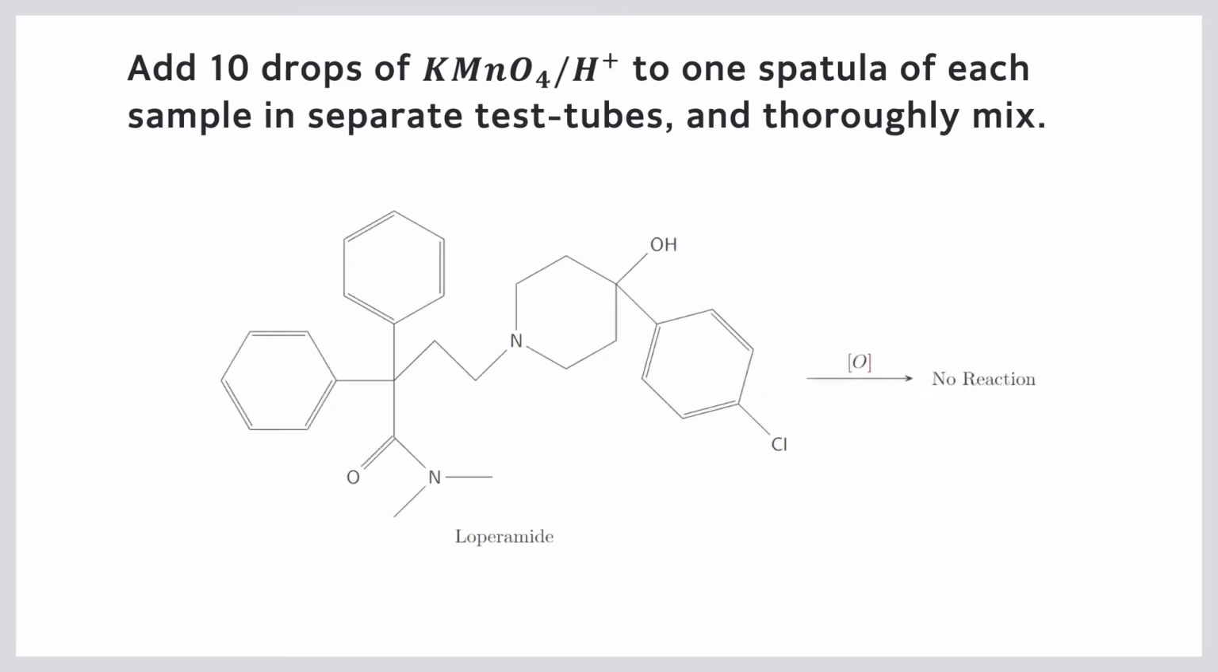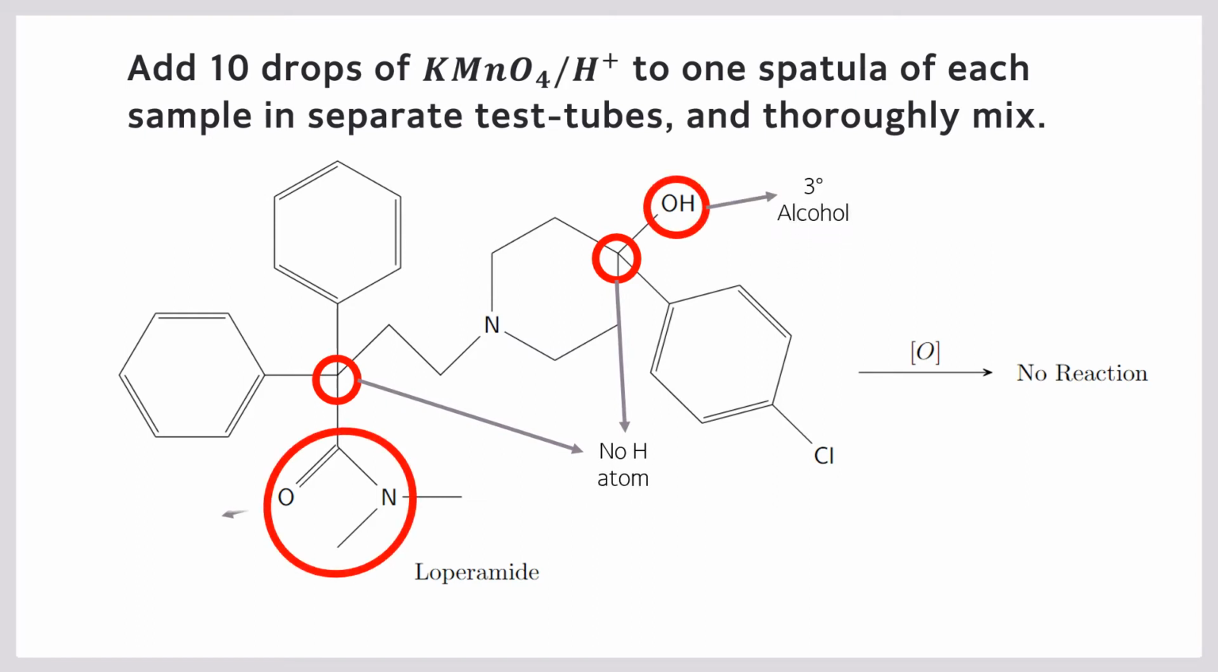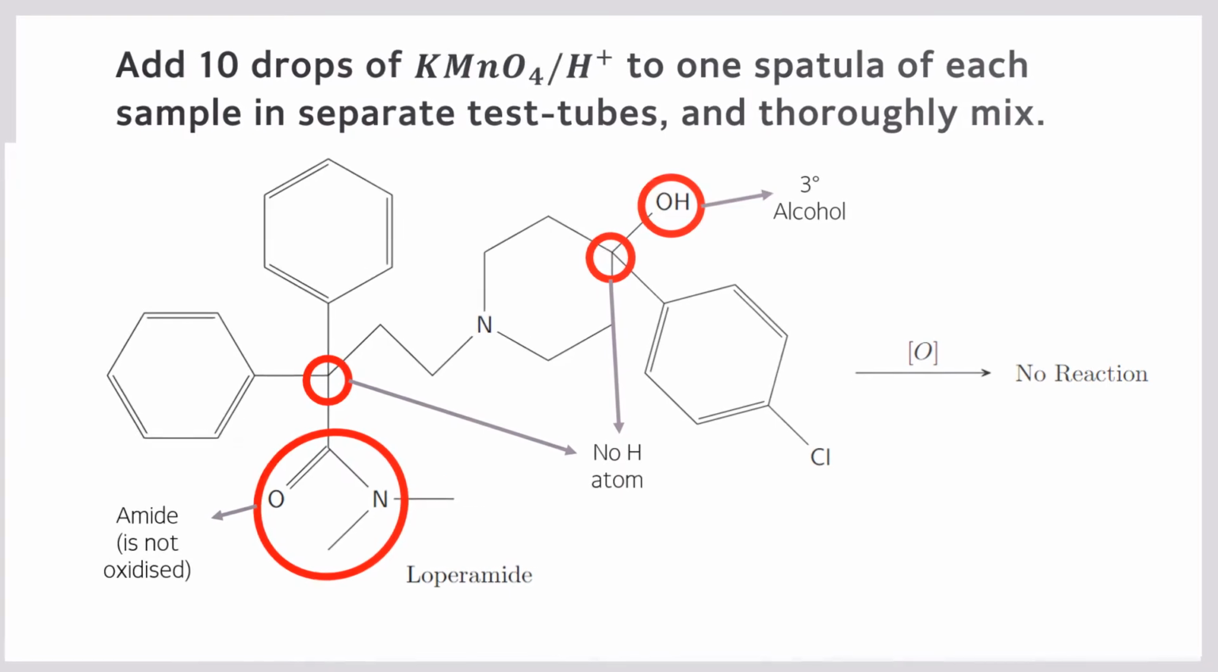So the ideal reaction, which is no reaction, would come from loperamide, which, as you may have noticed, has no hydrogen atoms at these two atoms, which means they cannot conduct side chain oxidation. And on the other hand, it has a tertiary alcohol also caused by the lack of hydrogen atoms here, and an amide group, which cannot be oxidized. From there, we conduct the results, and as you may note,